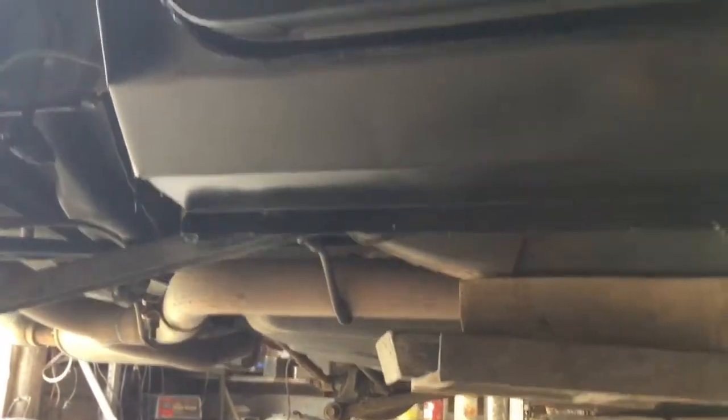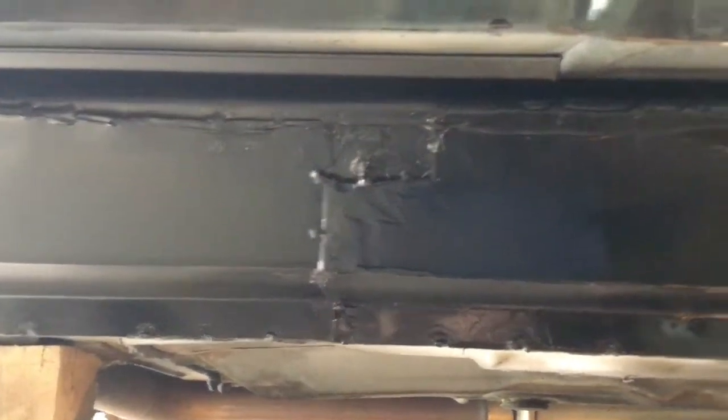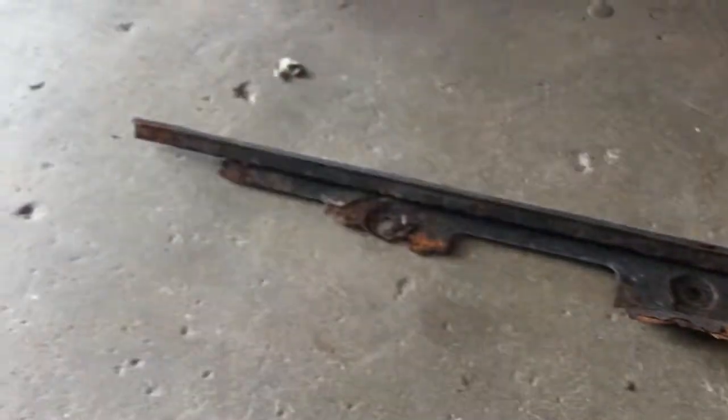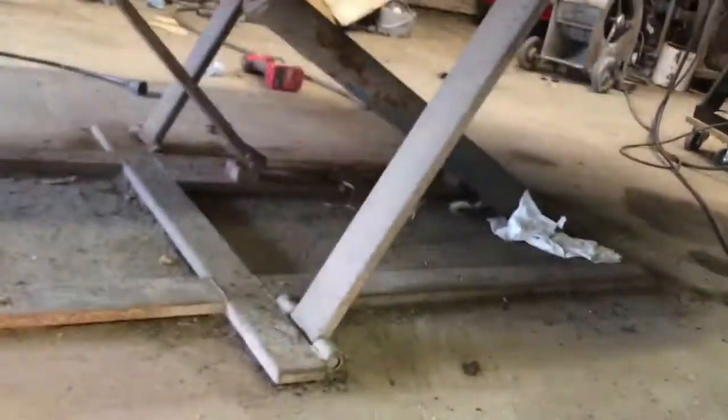Okay, here I got this thing welded, and I found out that I like it better with, I've been bondoing these up when I do them, but now I found out that I like it better with seam sealer instead of bondo, because it's a lot quicker, and it does a nicer job, I think. Yeah, here's the brackets that hold the rubber thing on underneath, and so I don't know, I'll have to rig something up. The other side, I'll